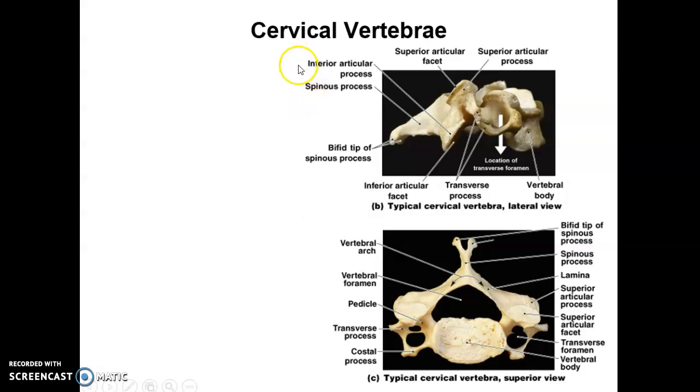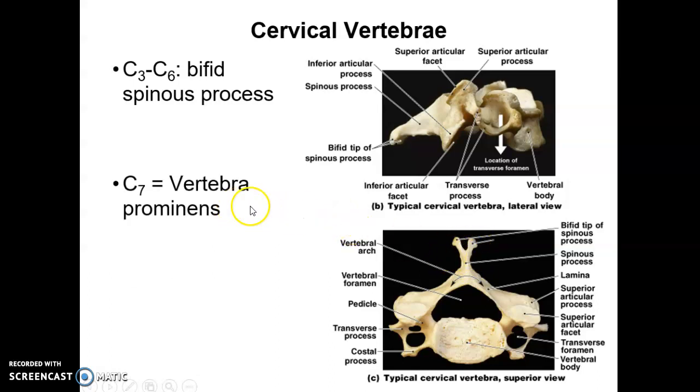Okay, so let's continue with some other cervical vertebra. C3 through 6 have the spinous process with two little protrusions, so it's called the bifid spinous process. Bifid means two, so kind of like forked in a way, like a forked tongue on, say, a snake. And then C7, the spinous process is considerably larger, and very obvious, so it's called the vertebra prominens,